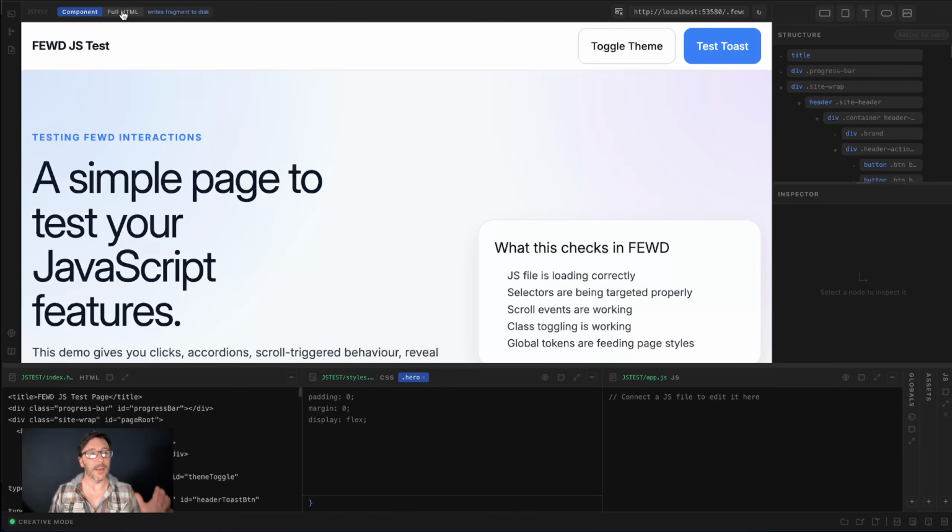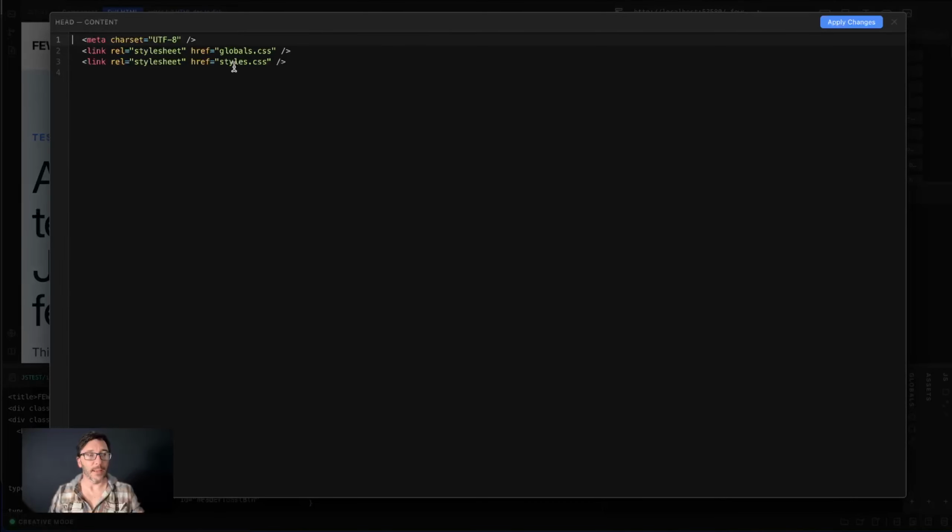Now, the only idea of this was that, again, when I first made FEWD, the reason why I wanted it was because I wanted to build out components in my Boosh site, my agency site, and I wanted to just build the components. That's all I was really after. But then we've also got full HTML because that will add the head and the bottom script where you can place JavaScript. Okay, so this is a development since the free version that you'd have been playing with. That was a little bit faulty in that regard,